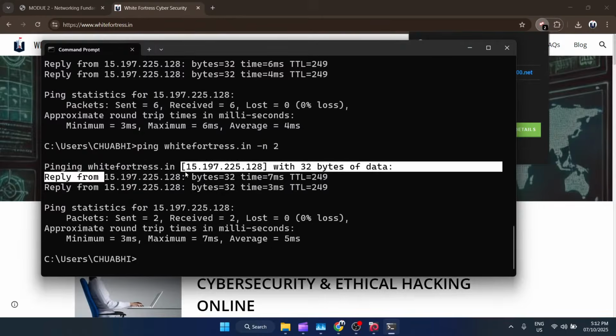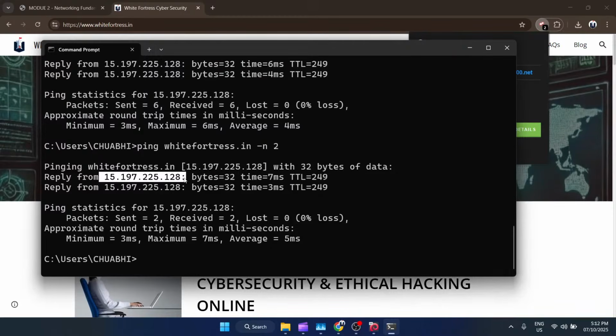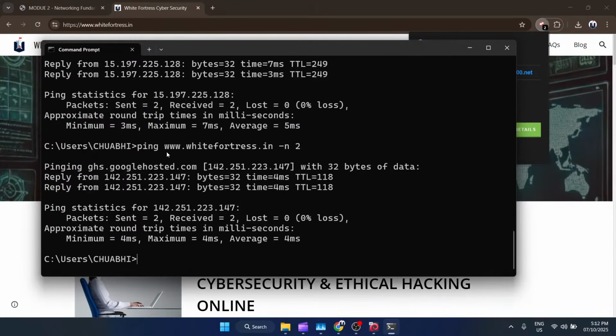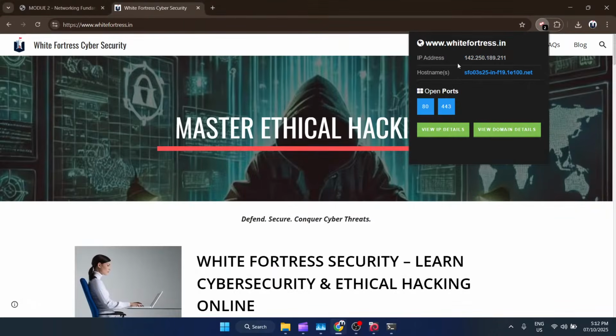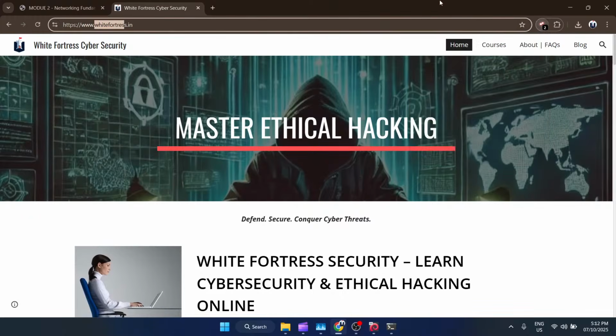Also, by using this we can get the IP address of a specific domain. Here you can see if I put www.whitefortress.in, this is the IP address, 142.251.223.147. Here also, using Shodan, we have got a similar IP. It's probably because of different IPs depending on where it is hosted, right? A VPN might be there, and